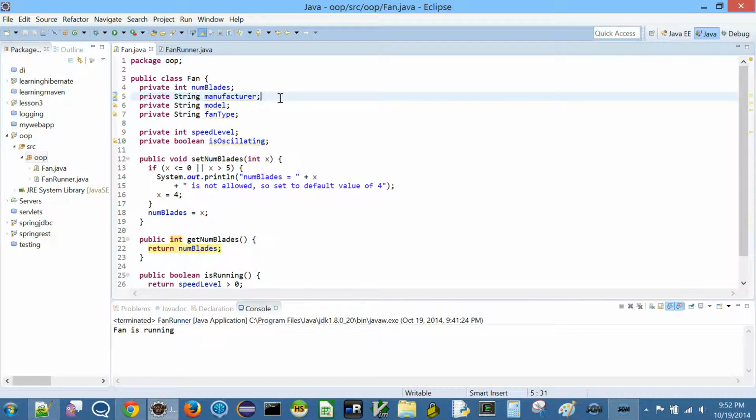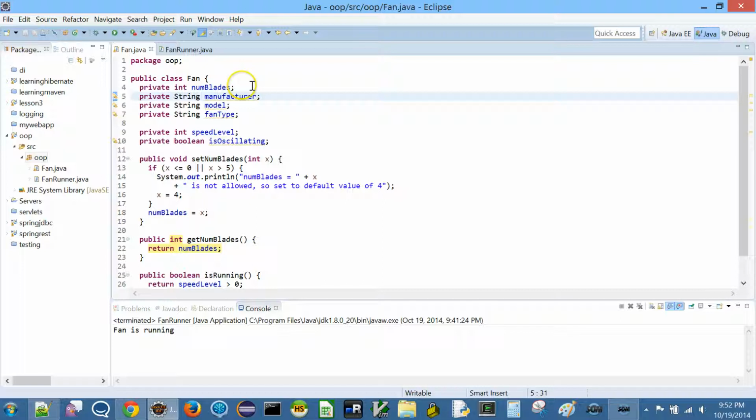Now in Java, we have string instance variables here. When the object is created, none of these are set. So int variables get a default value of 0. If we don't set it ourselves, this is going to get 0. Similarly, speed level is going to be 0. And then strings, as we know, are objects. They are all going to be set to the special object called null.